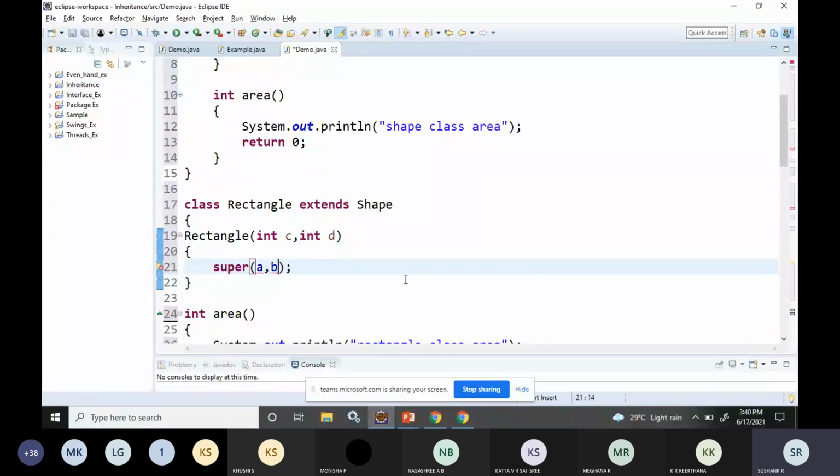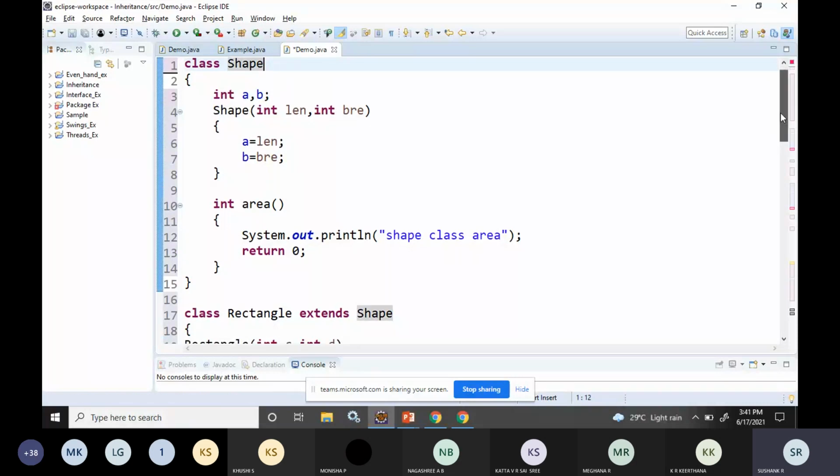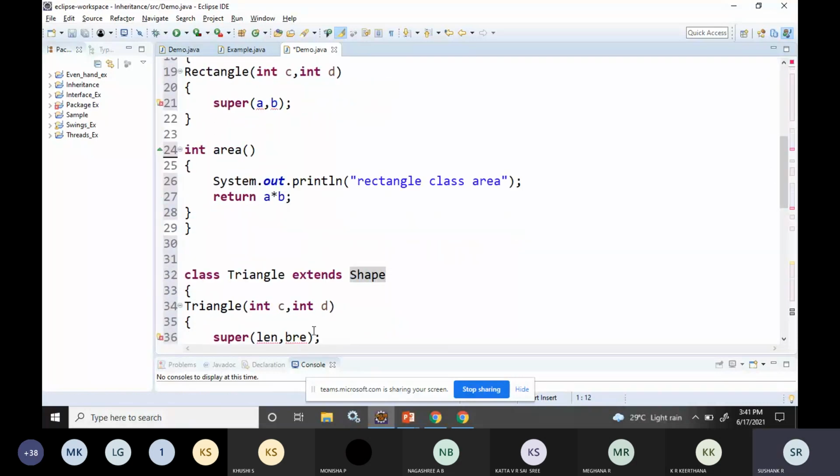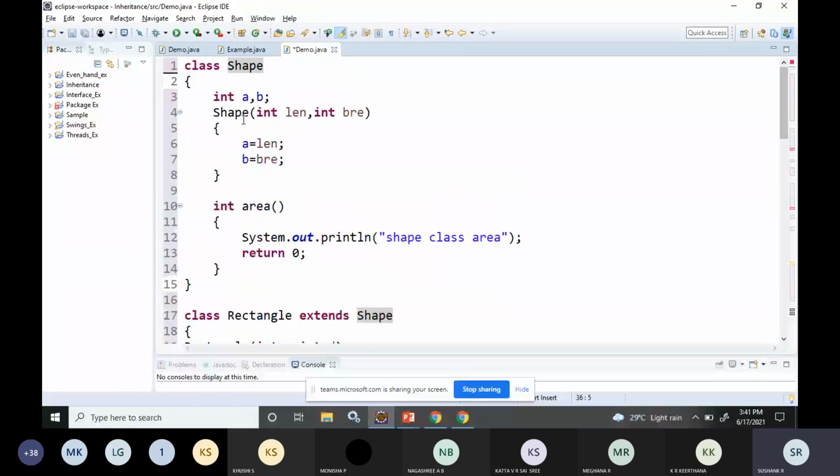So what it will do is, inside the Rectangle class we have a constructor call, super. Here super contains two parameters. Rectangle is the subclass, Shape is the superclass. When I call this statement, the JVM will look for the constructor which has two parameters.